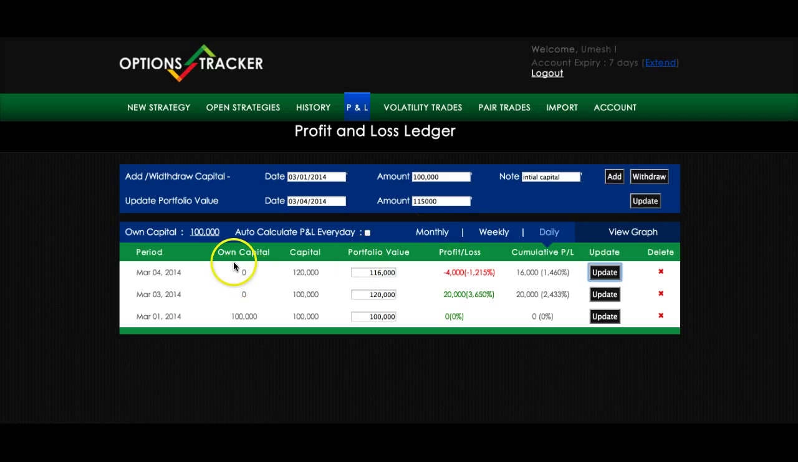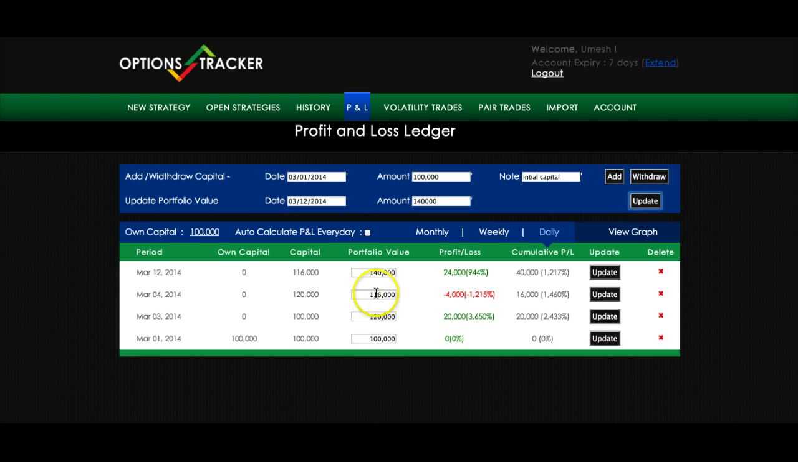So let's add some more records. Let's say on 12th March your portfolio actually was 1,40,000, and so your profit and loss in this period was 24,000, and the cumulative profit and loss was 40,000 because you started off with 1 lakh and today the portfolio is worth 1,40,000. So cumulative profit and loss has given you a return of 1,217%